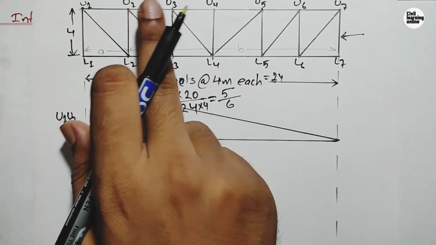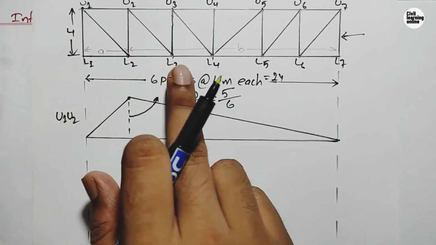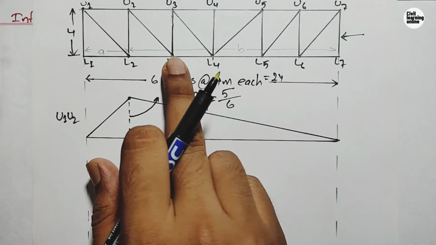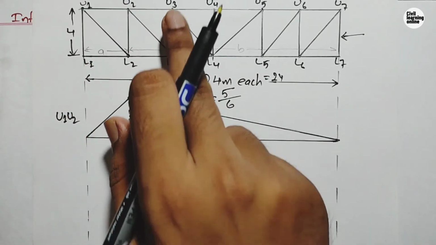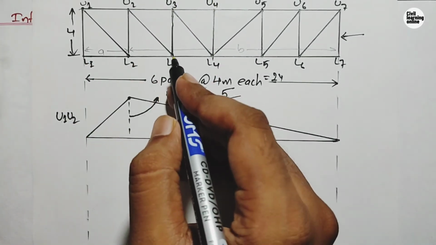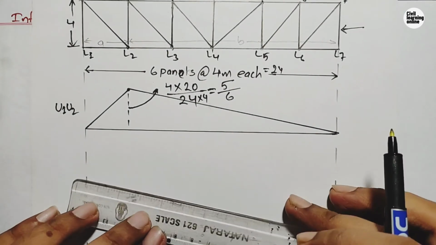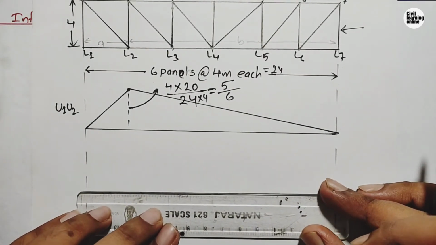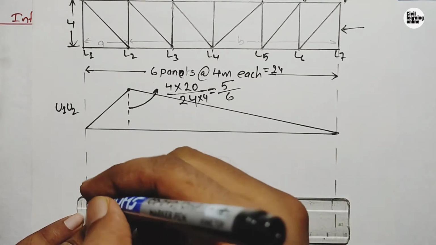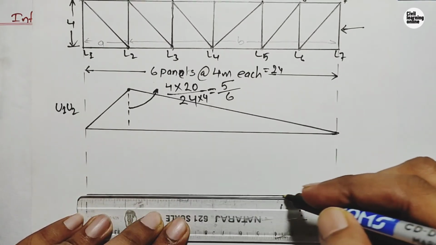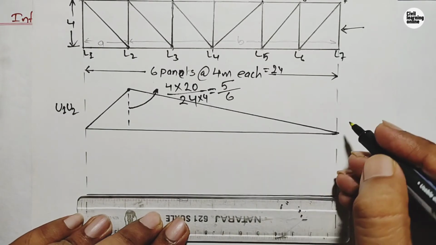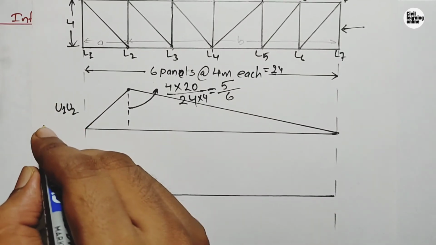And guys, the load on u2 u3 will be transferred to node L3 through this diagonal member and this vertical member. So while drawing the influence line diagram, first of all we need to draw a straight line here. And one more thing, guys: the force in the upper chord member is compressive. Upper chord members are compressive,